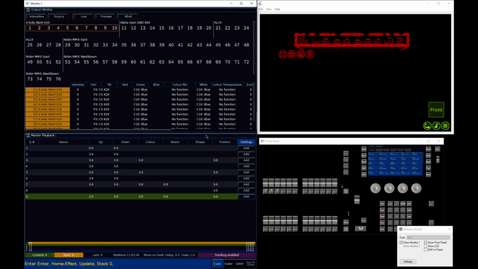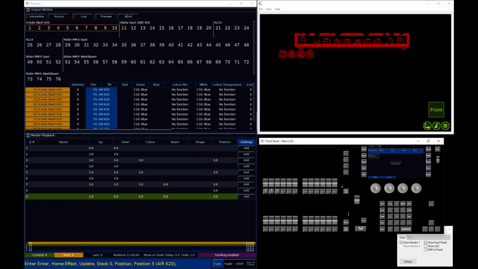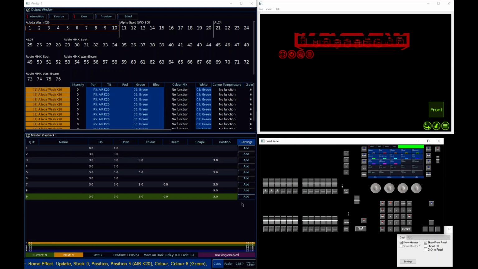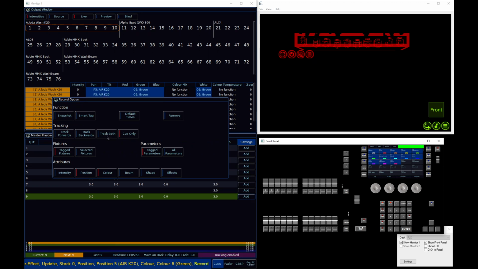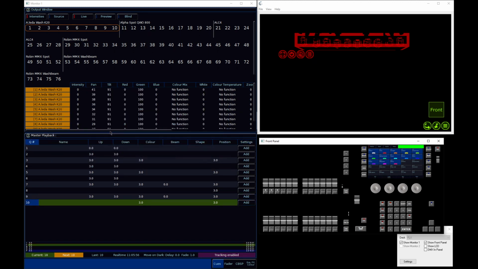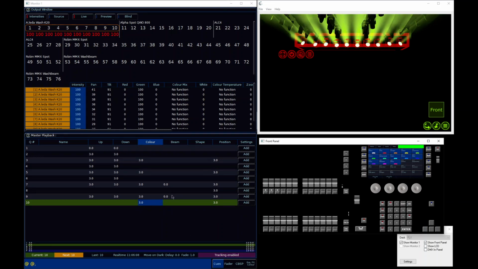If you need to be specific for a particular blackout, well, record hard values into your blackout, and you can then give custom timings. So let's say that I need these fixtures to get to that position there, and I need them to go in a green. And I'm going to record that with Smart Tag disabled into my next queue. I can then give hard custom timings for that particular queue,